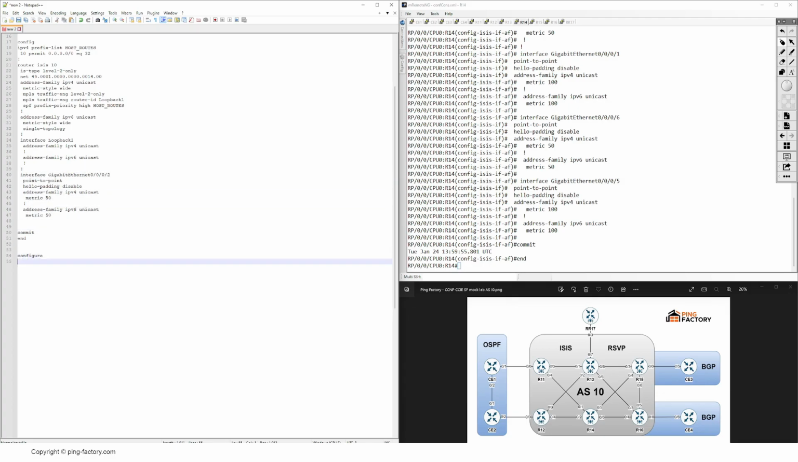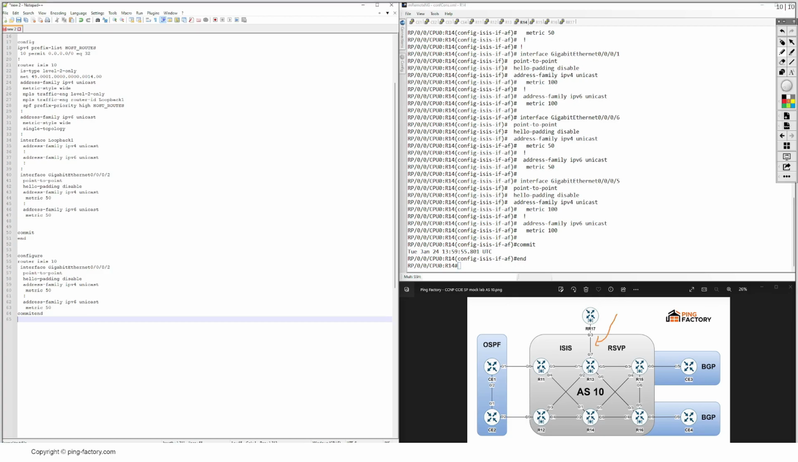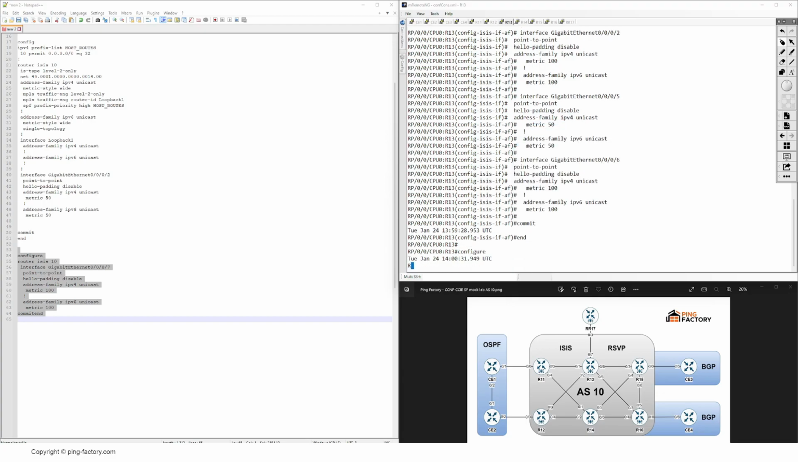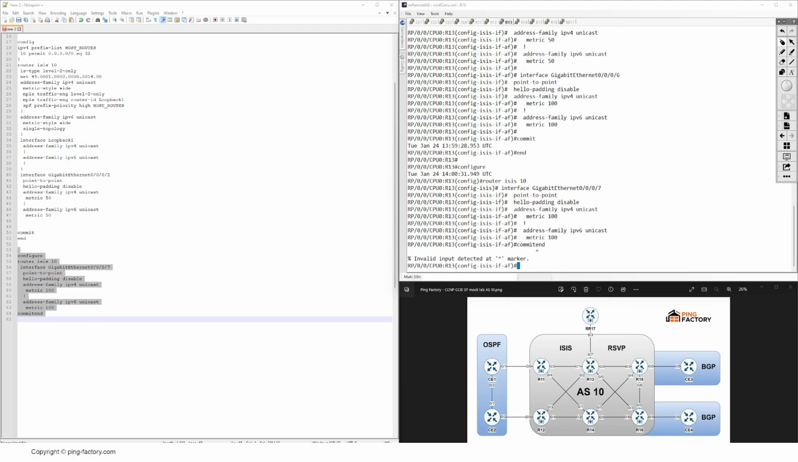So configure router ISIS 10 and this interface. I forgot on router 13 this interface towards this one, gig 0007, and it's 7, and it should have a metric of 100. So let me just do that on 13. Commit